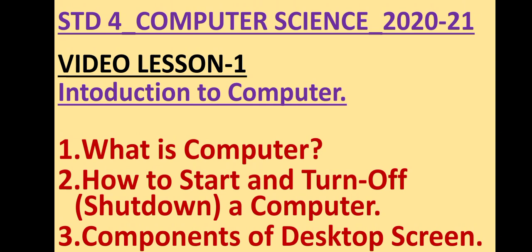Whichever resource you use to see this video lesson, like your parents' mobile, use it carefully and only for the given purpose. As a student of computer science, you should develop this habit of using resources properly, which will help you in future when you come to computer lab for doing your practicals.